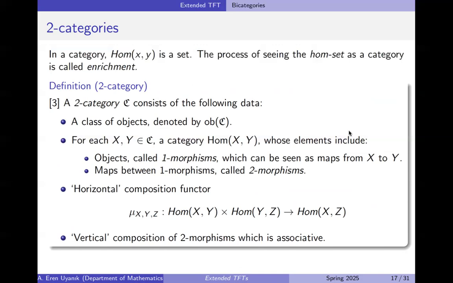Let's say gamma. And this time you can compose these F and F prime, but also you can compose alpha and beta. You need another rule for composition. And not only that, let's say we have H and we have alpha prime, you can compose these two. And this is called